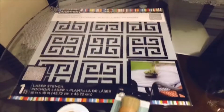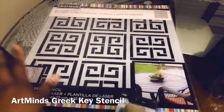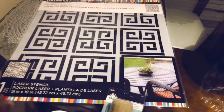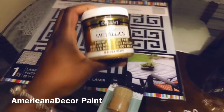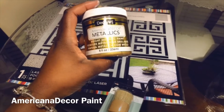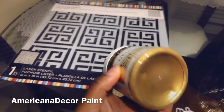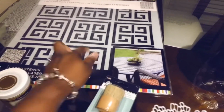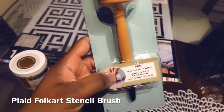These particular items came from Michaels. I have an ArtMinds Greek Key stencil that I am going to put on the table with the Decor Art Americana Decor Metallics bright metal paint. So this is the shade, because you know I love a little bit of gold. So these dark pieces are going to be gold on the table, and I'm going to apply using the stencil